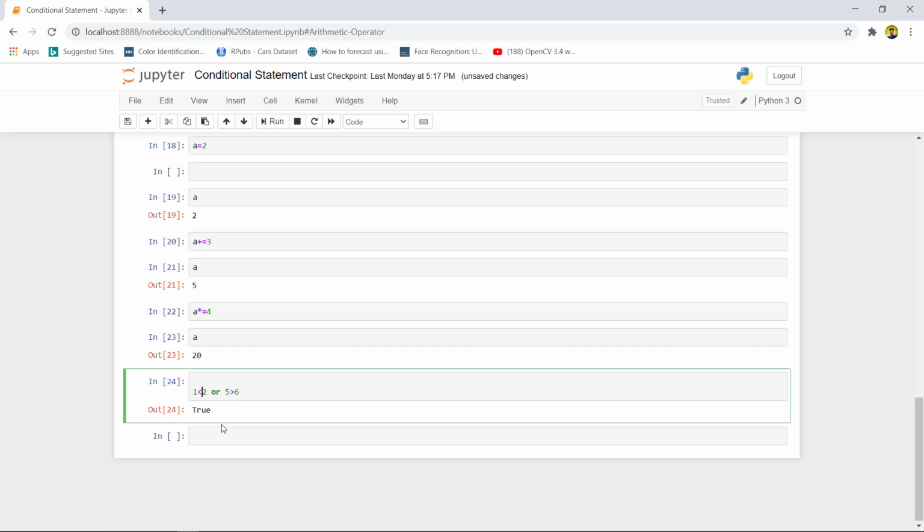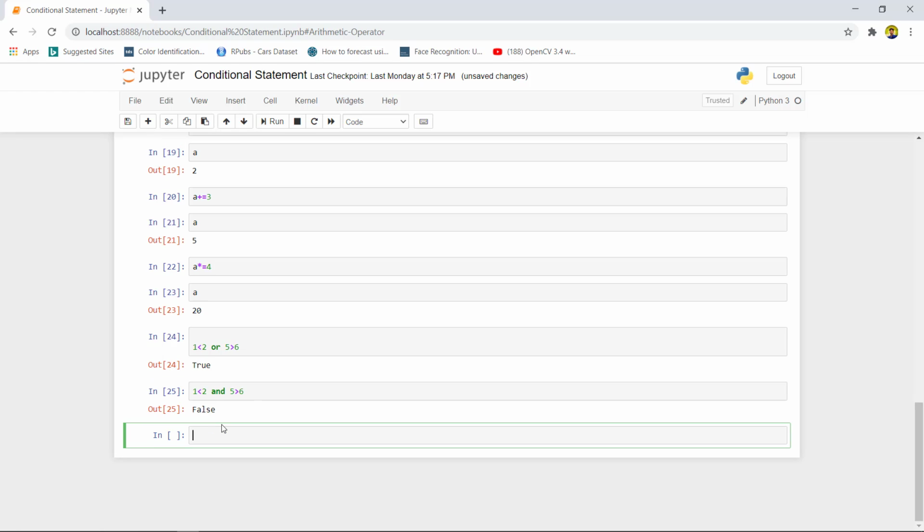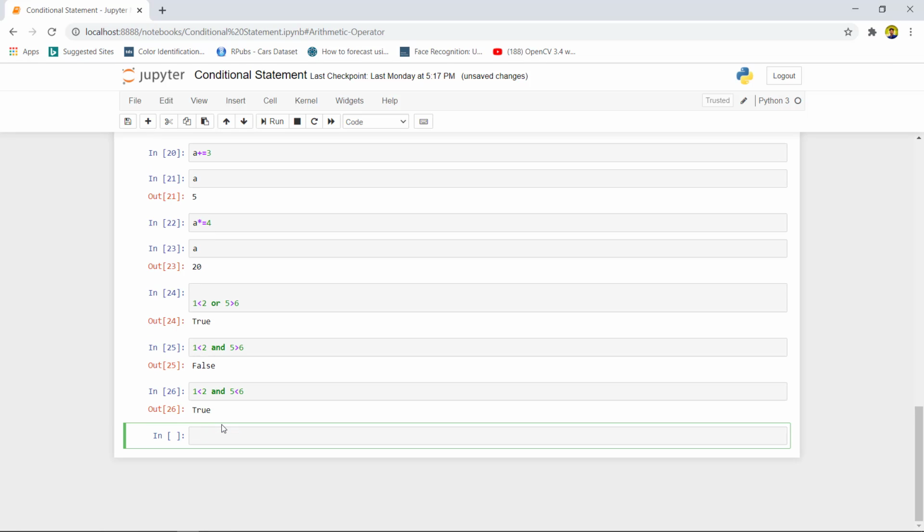But if we do the same with the AND operator, which means both statements need to be true, with 5 less than 6 and 5 greater than 6, it will give the output false. Now one more: if both statements are true, 5 less than 6, and we use the AND operator here, it will give the output true.